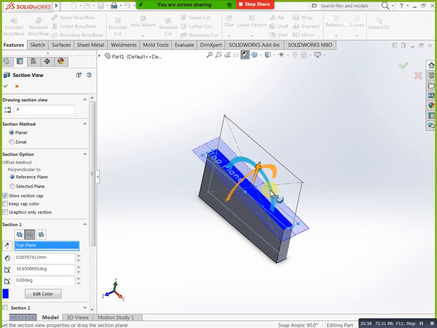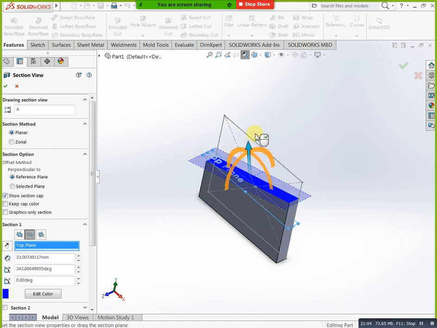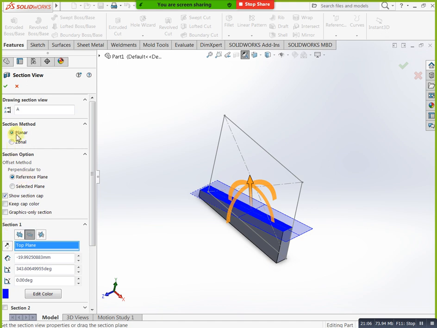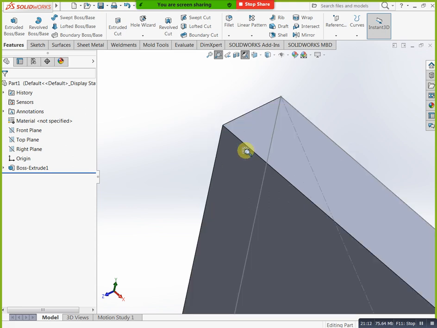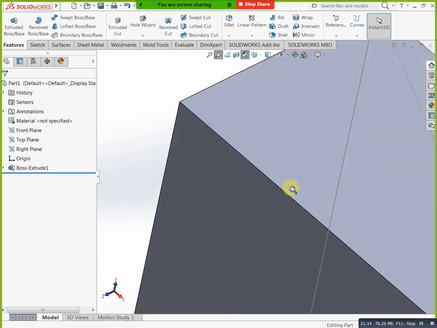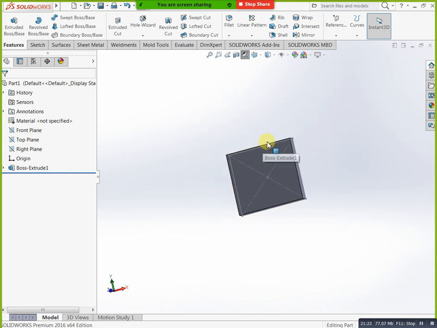Okay, next, close. Next, this is zoom to area. For example, I need to zoom this area, just you can see. Okay, this is zoom to fit. We have now zoom to selection, same option, this one. You can apply and click on this one, zoom to fit. Okay, next we will discuss this tool later, appearance after. Okay, this is also later. This is our view toolbar.